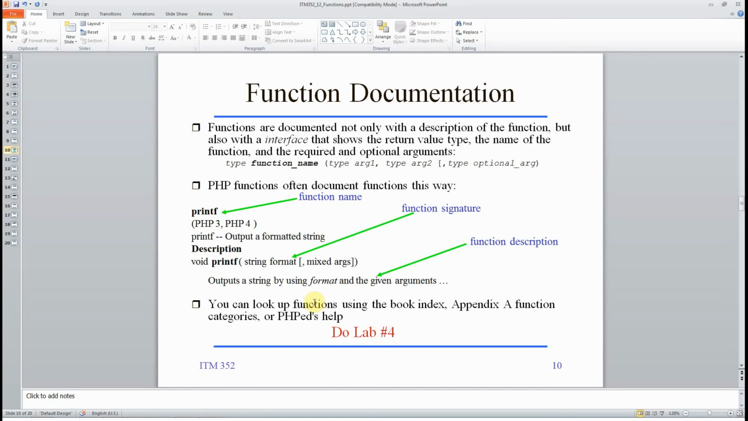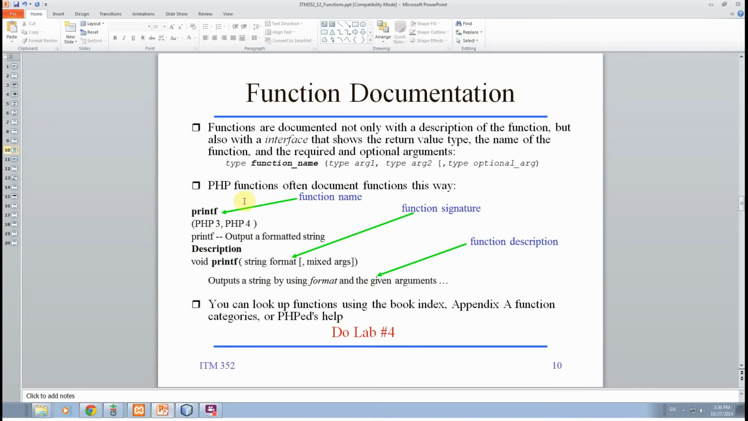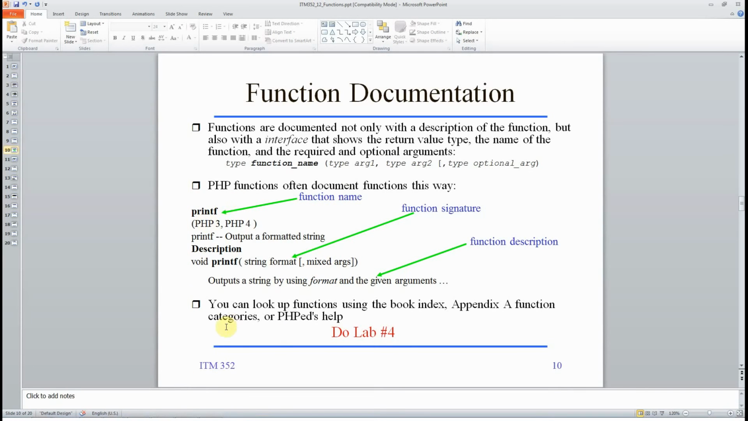So how are functions documented? You might see that on php.net. You can see a lot of functions there, so it's useful to know how they're documented. Usually they give the name of the function, which is the identifier, then the type, which is the return type, and then the type of argument 1 and what argument 1, 2, 3 are, and if you have these square brackets here,